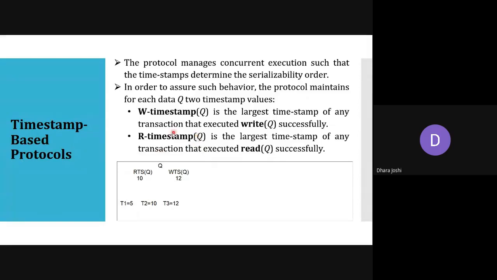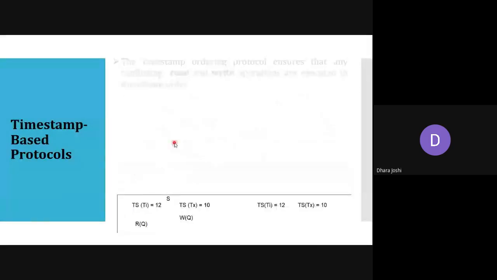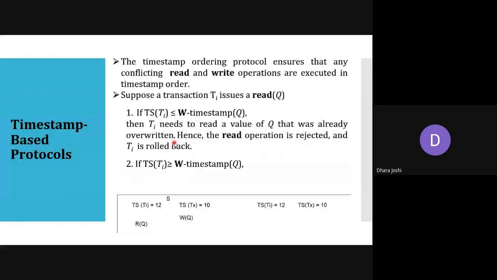So the read timestamp doesn't mean which transaction read the data item Q at which time. No, it is not like that. Read timestamp means that we note down, for the transaction that read the data item Q, its entry timestamp into the system. This we have seen in the last lecture. These are the rules.